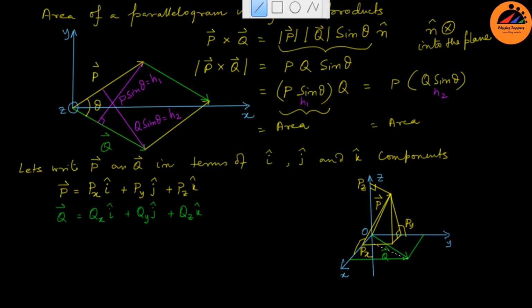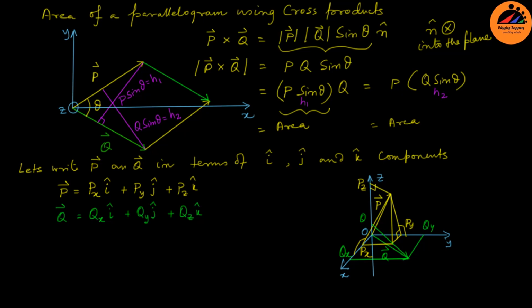That depends on which way Q is pointed. So it's not a problem. It can be here, it can be here as well. And these will be qx,